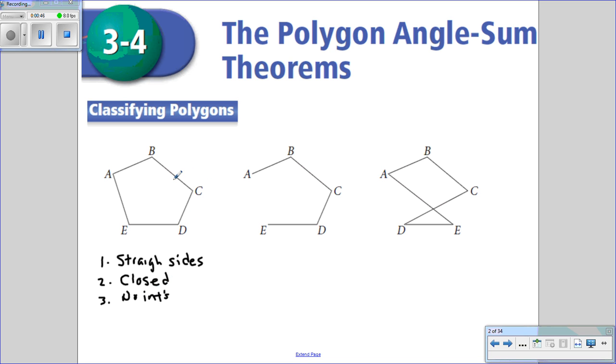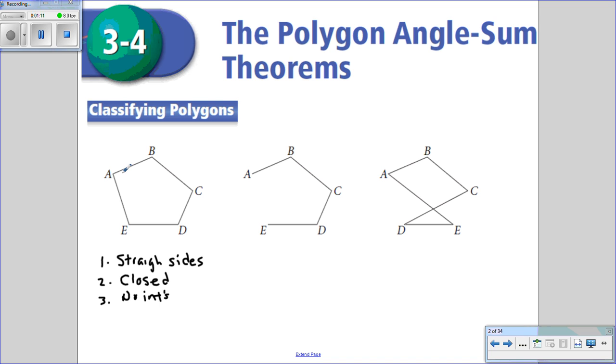Okay, so looking at these three examples here, this first example would be a polygon, because all the sides are straight, it's closed, and none of the sides are intersecting each other other than at each vertex. So the way we name a polygon